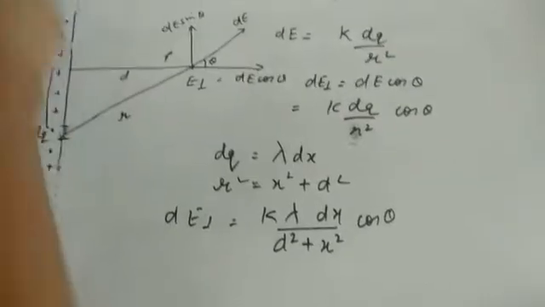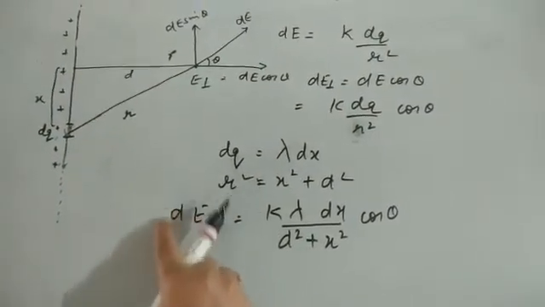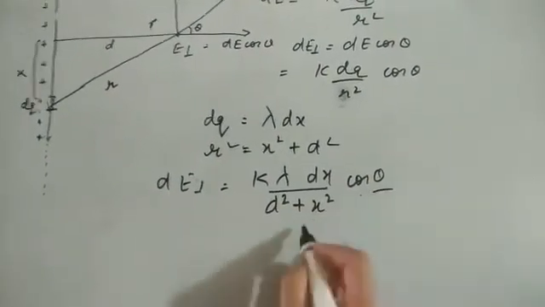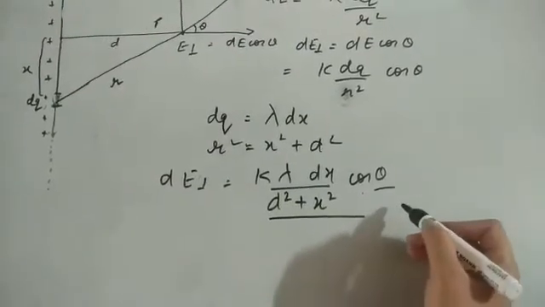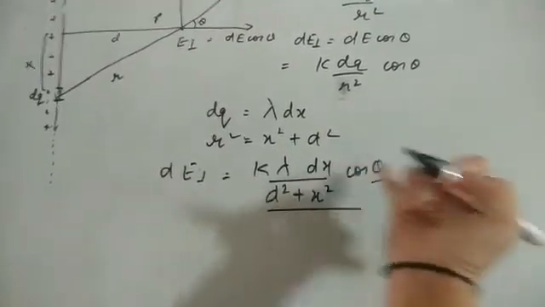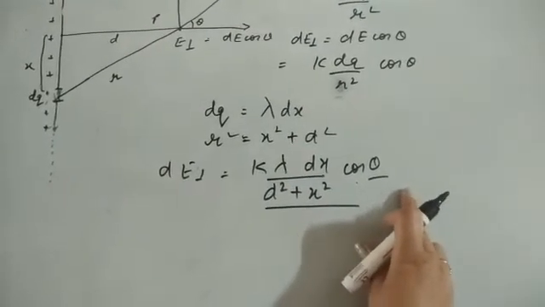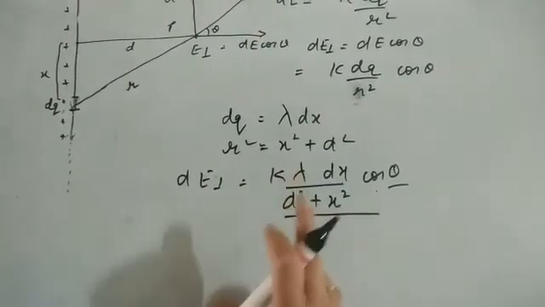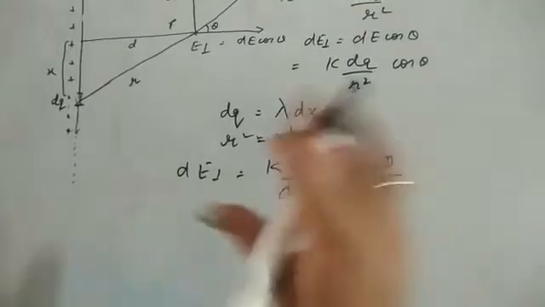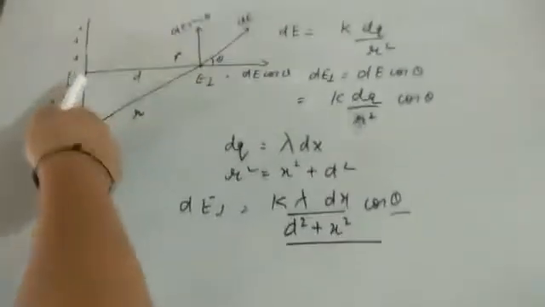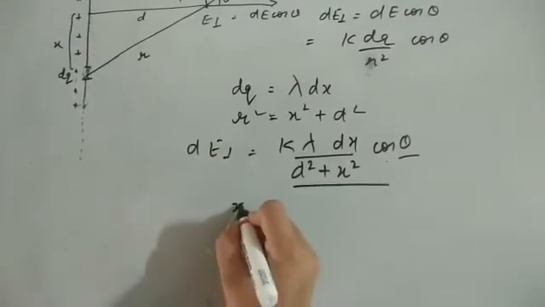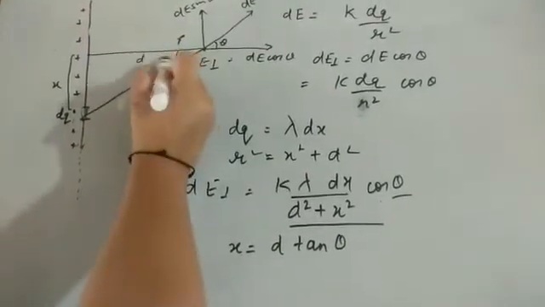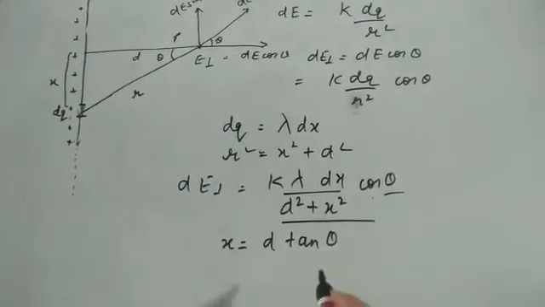Now you see I have taken only a small element. If I take all the elements, I'll be integrating this dE component. But again you see here we cannot resolve it. Why? Because on the right side we have two variables, x and also theta. Either we reduce it to x or to theta, whatever we do, but the right-hand side should come in terms of one variable. So I'll reduce x. If you see this equation, what is the value for x? I can write it as d tan theta. This is a right angle triangle, and this is also your angle theta. So it is d tan theta, right?